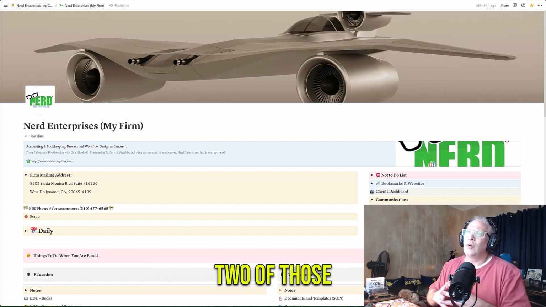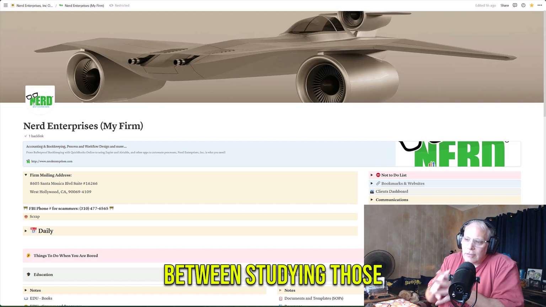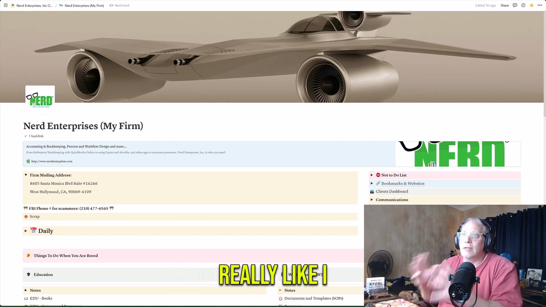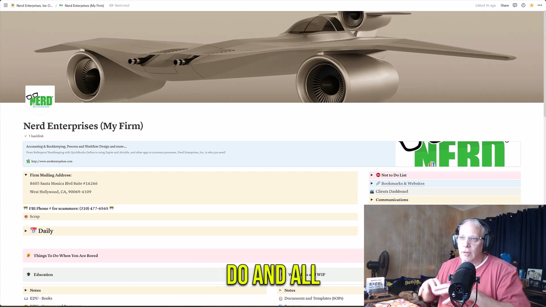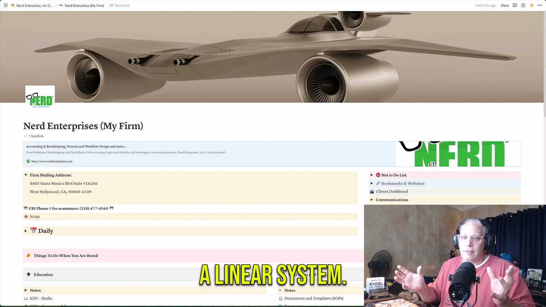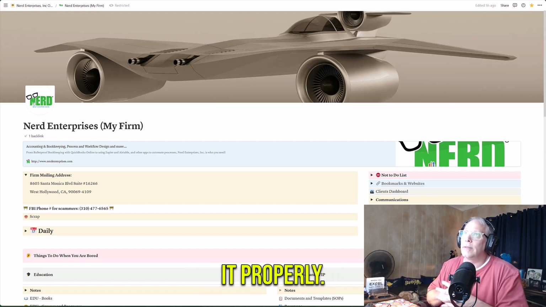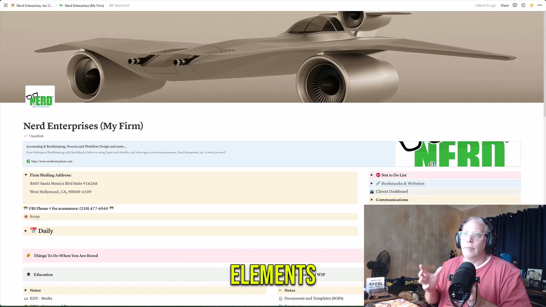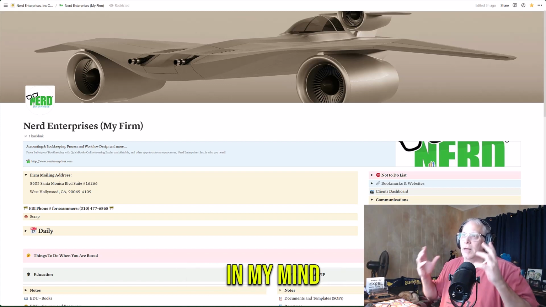And between the two of those, I started really reading. Between studying those two books, coupled with the fact that I had an explosion in terms of how I was learning all the things Notion could do, and all the ways, like I said, I can bend it to my will, and how it's not a linear system. It's very much a geometric system when you learn how to use it properly. Between those three elements, the two books and Notion, I had kind of an explosion in my mind in terms